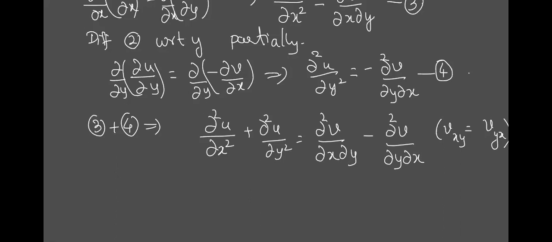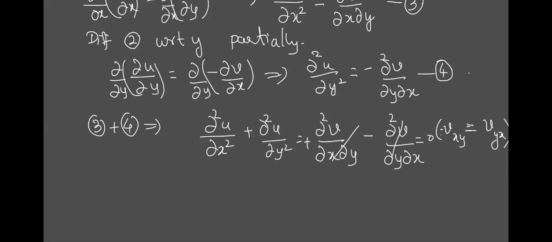Same, ma'am. You learned this and you have seen it in some example. So here this means it is v with respect to xy and v with respect to yx. Are they not both one and the same? And this is with a plus sign, this is with a minus sign. So as both are the same, what is the value of this? 0. Because they will cancel each other because of this property.